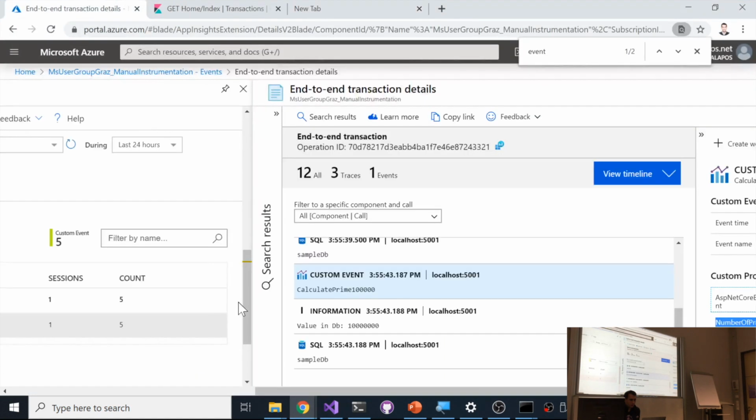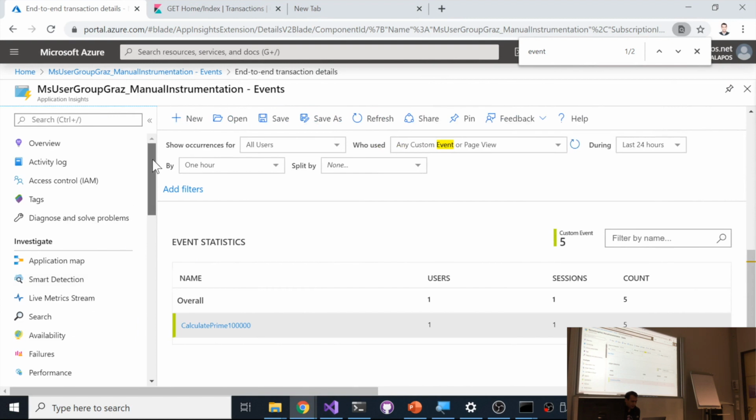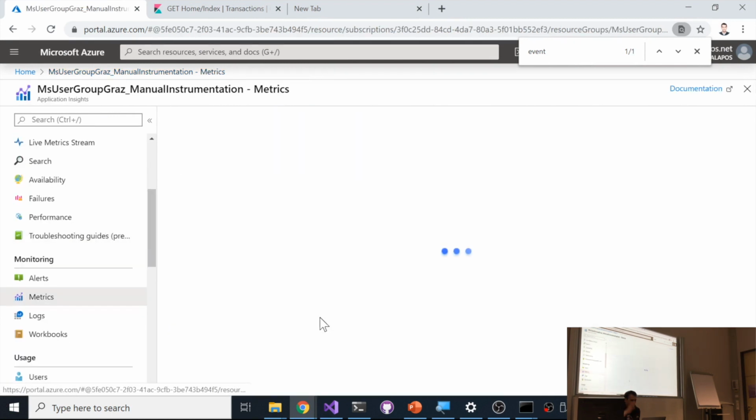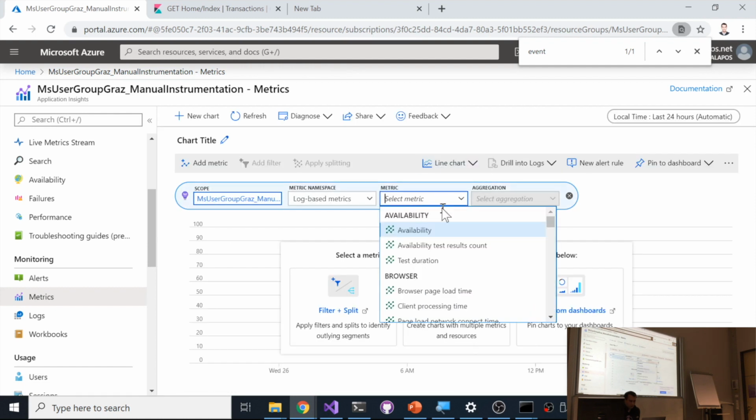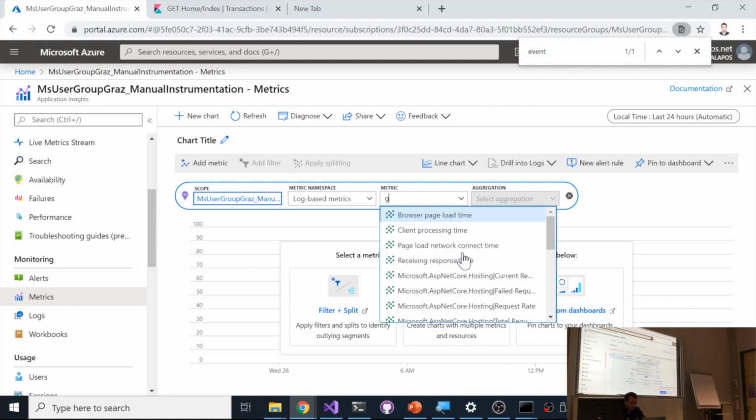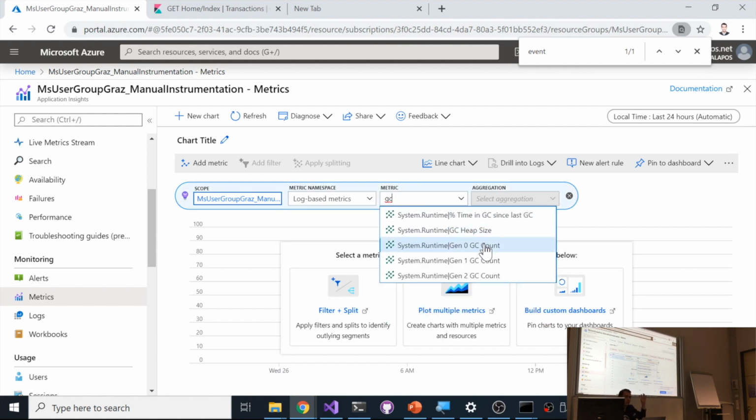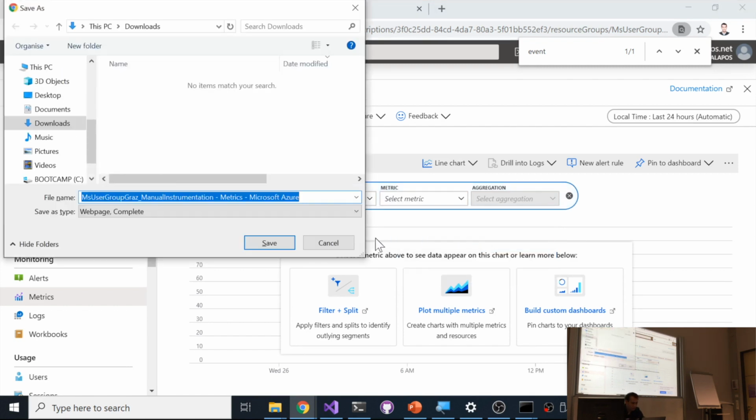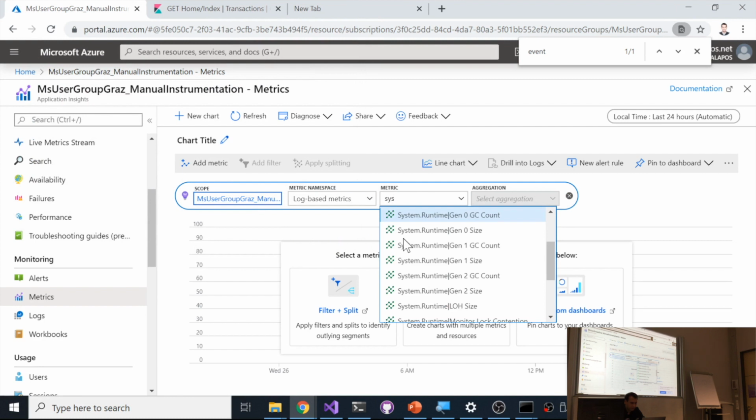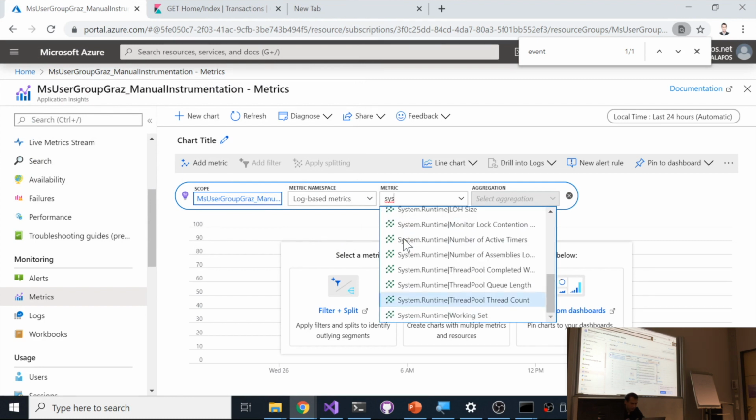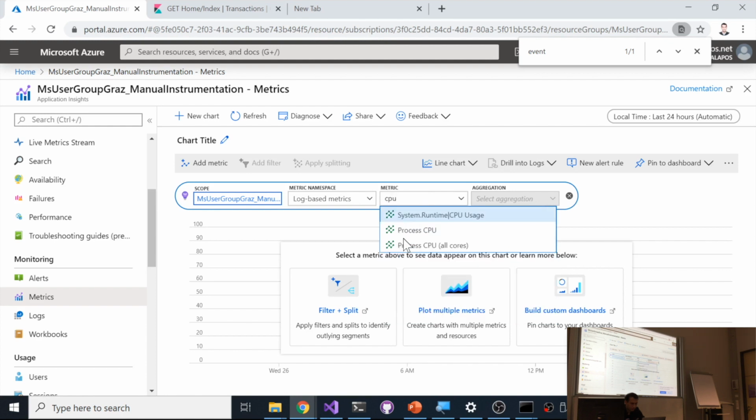Application Insights is also showing a whole bunch of things. For example, there is a section called metrics, and it shows super useful stuff. First of all, it creates metrics based on the data it collects, like availability and the duration of the request, but it also collects system runtime GC metrics, and I think overall system CPU usage. Yeah, process CPU, system runtime CPU. So either the agent collects it or